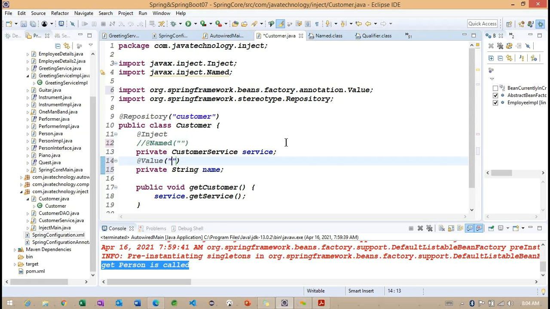So we can specify what exactly this value we want to provide.